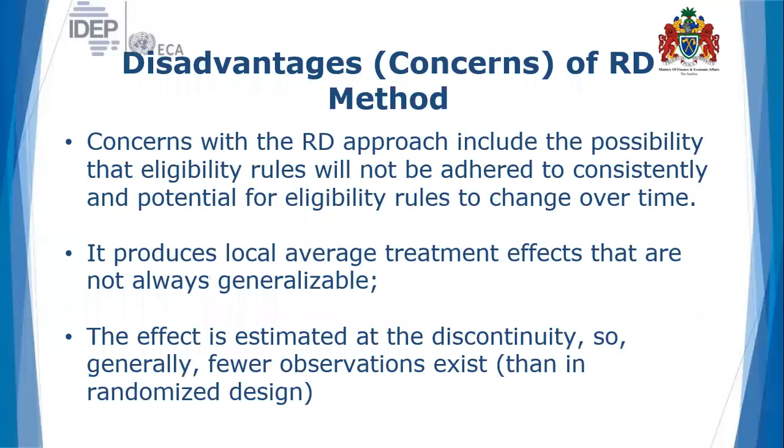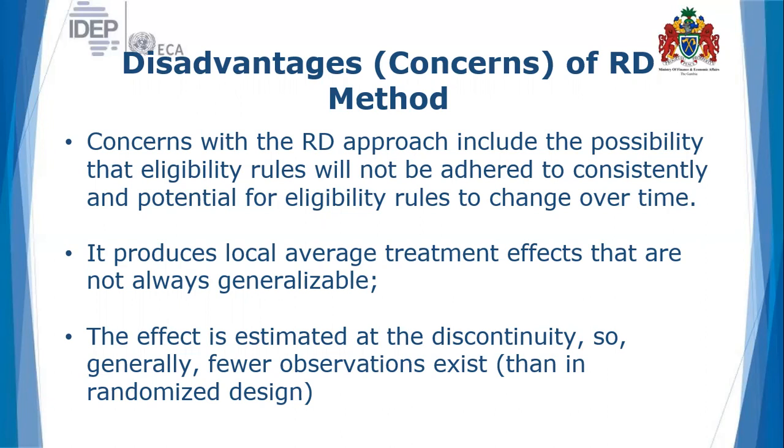However, the concerns with regression discontinuity design include the possibility that eligibility rules will not be adhered to consistently and the potential for eligibility rules to change over time. So, as may be the case in a social policy program or interventions where rules change over time, or are not strictly adhered to, loosely adhered to, then the regression discontinuity approach may have problems being used to make unbiased